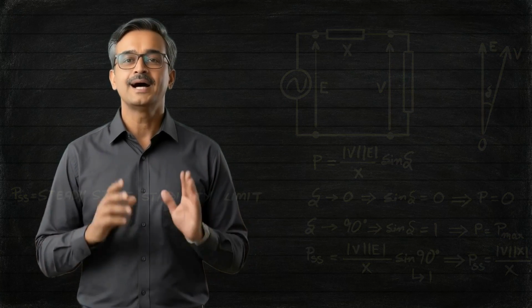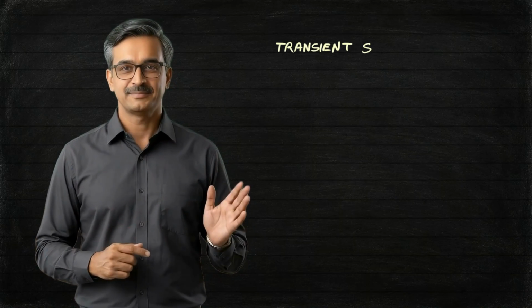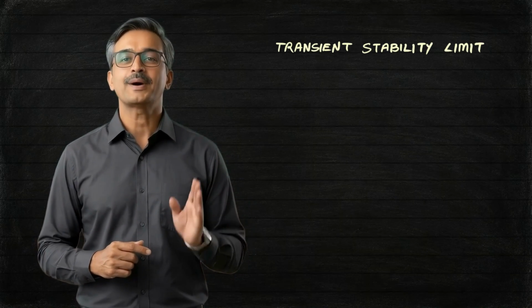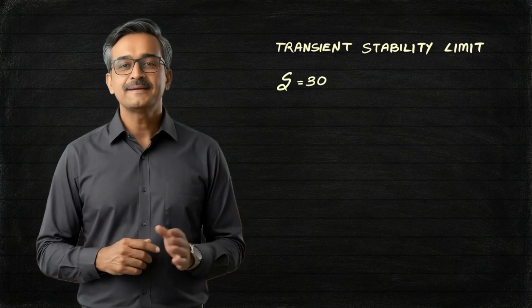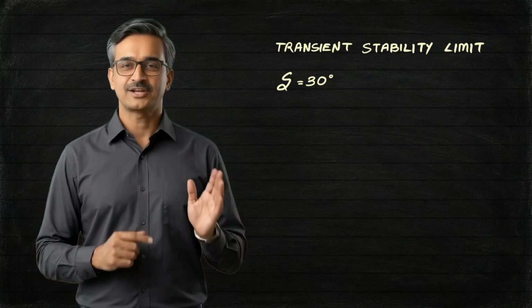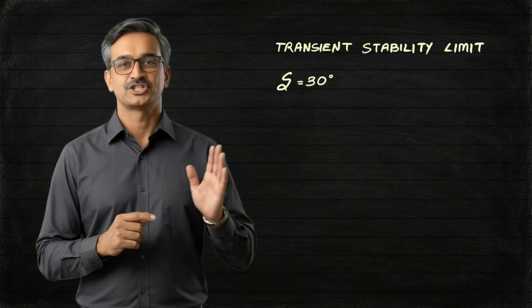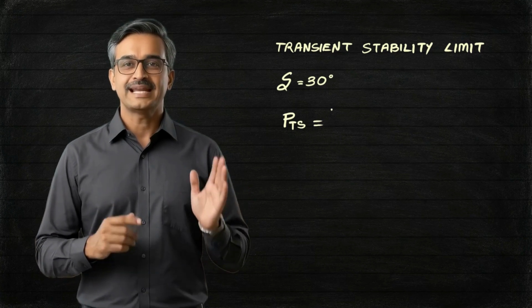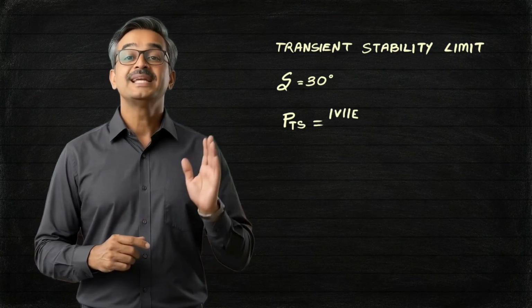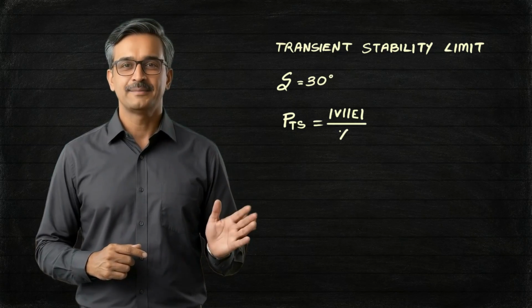Instead, we define another limit known as the transient stability limit. For safe operation, we generally assume a load angle of 30 electrical degrees. Now substitute delta equals 30 degrees into the power equation. We get PTS equals the magnitude of V multiplied by the magnitude of E divided by X multiplied by sine